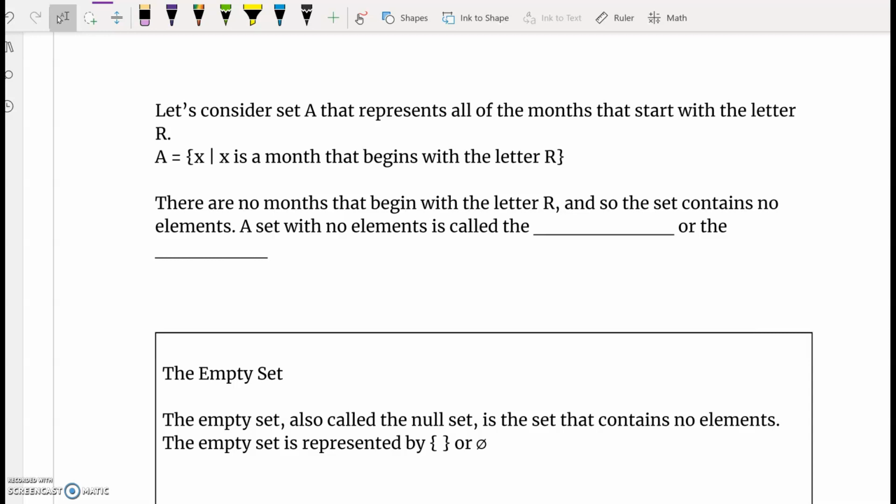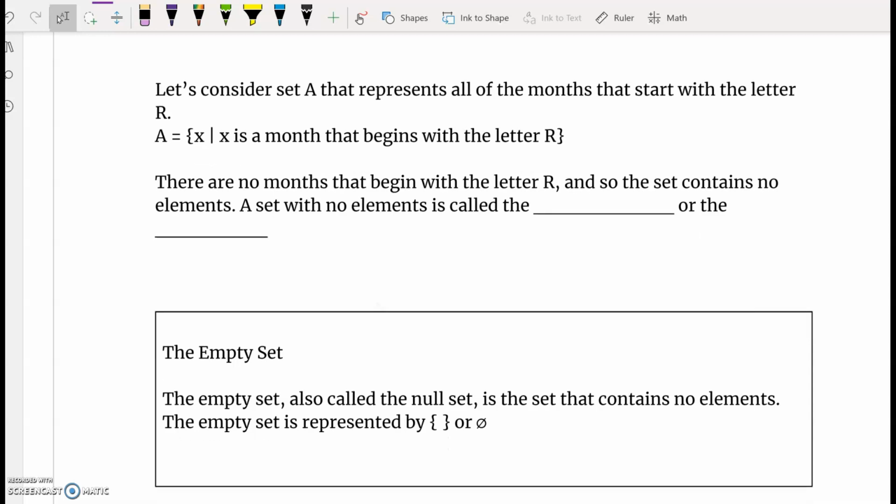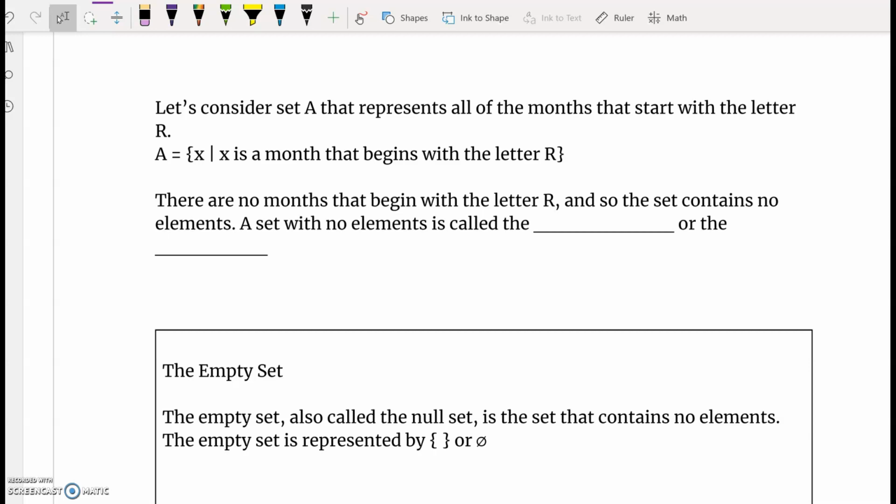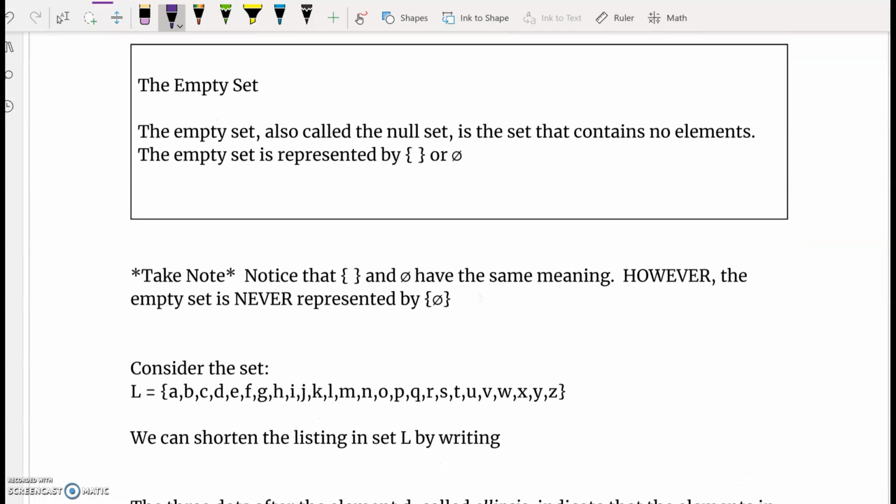Now let's jump. I don't get to really move into this because I'm down to just seconds, but let's suppose we said set A is the set of all the elements x such that x is a month that begins with the letter R. Well, there is no such month, and so in this case a set with no elements is called the empty set or the null set. And the last thing is to take